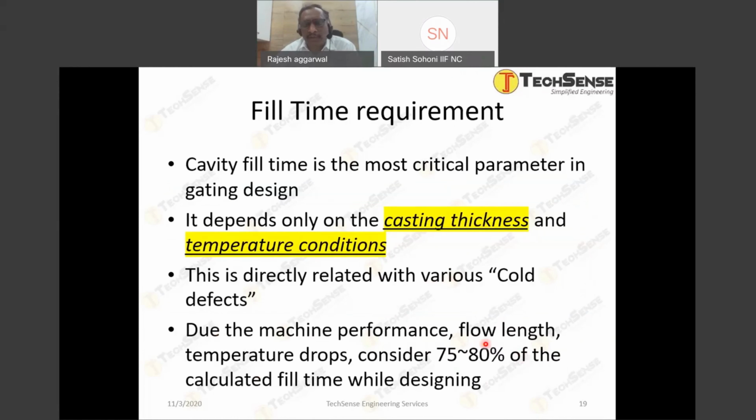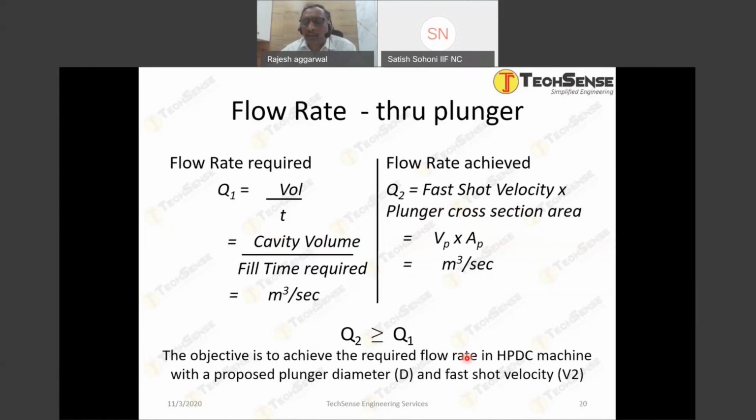Due to the machine performance, flow length, and other temperature variables, normally we consider 75 to 80% of the calculated fill time while designing the die. Now, till now we have talked only about the fill time with respect to the casting thickness. The size of the casting or the weight of the casting did not come into the picture. When we go to a particular casting and we know the volume or the weight of the casting,